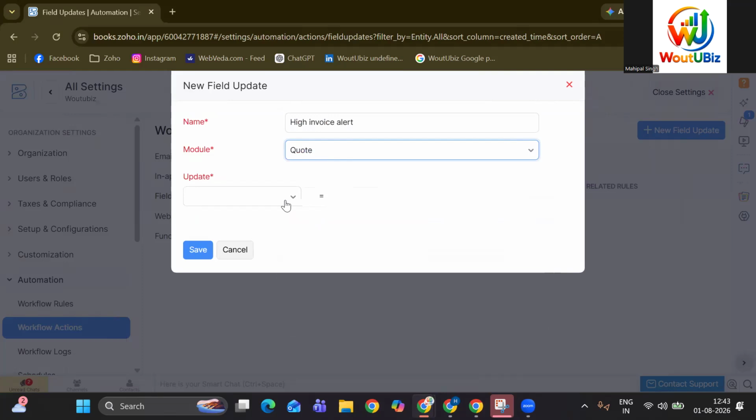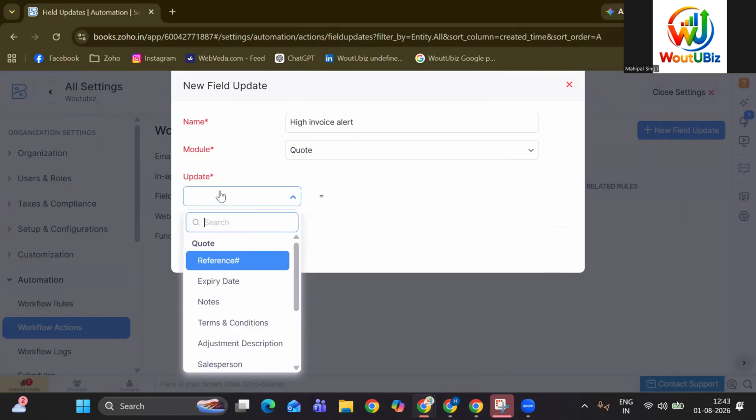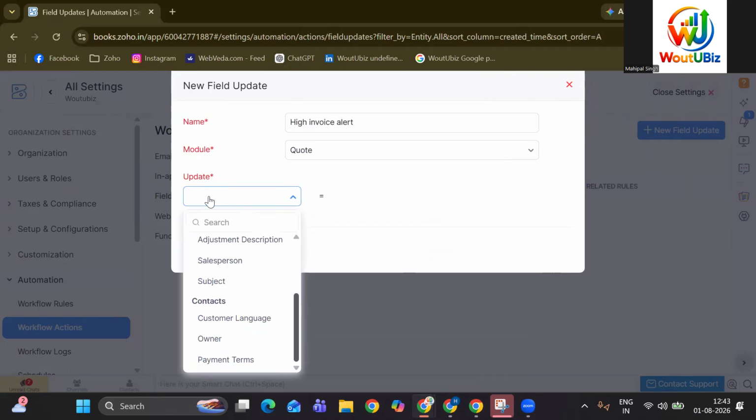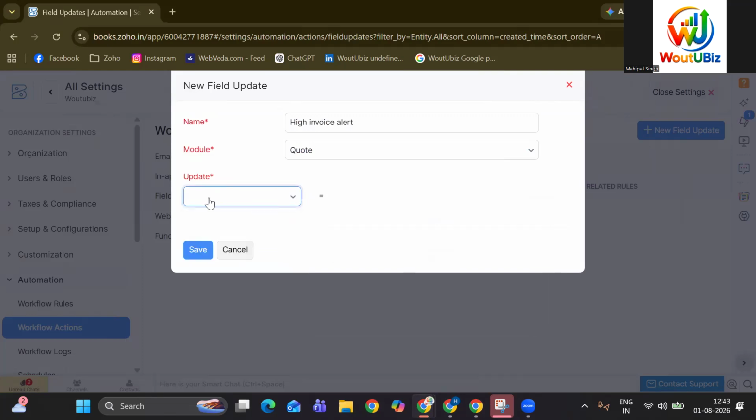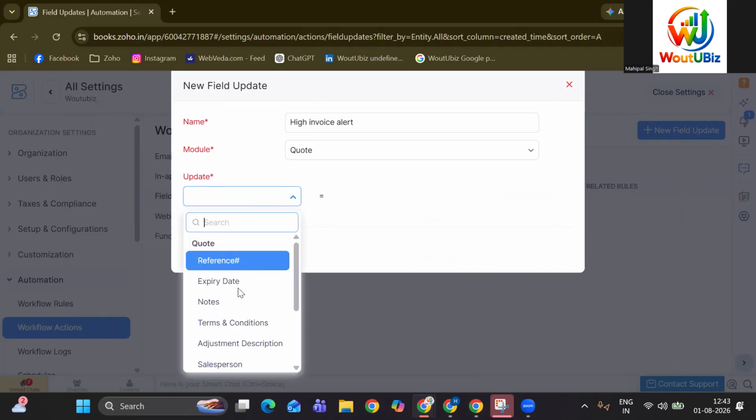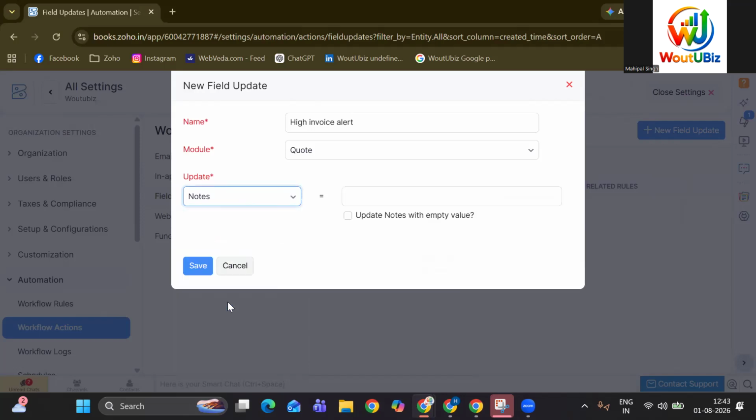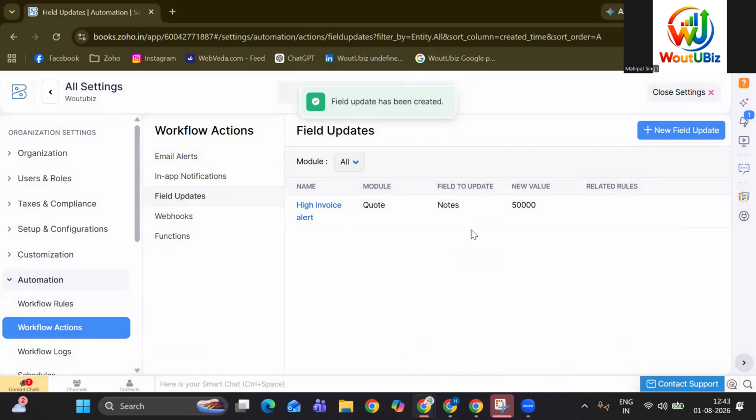In this, I will update notes. When the note is greater than 50,000, I'm going to click on save. You can see this field update for the quotation is also saved successfully.